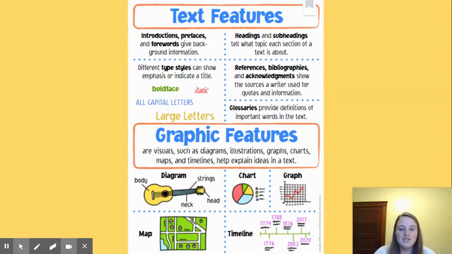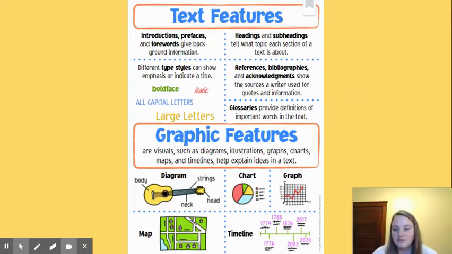And diagrams. A diagram is when you have an illustration or a picture or a photograph or an image that shows us different parts so that we can really understand what it's like, even if we haven't touched or